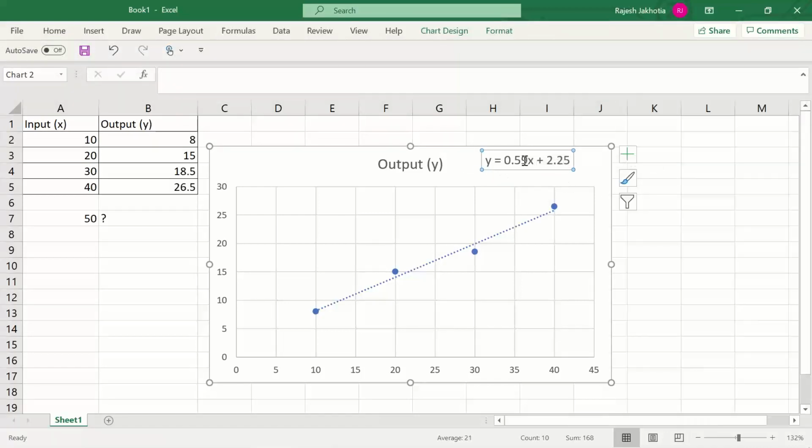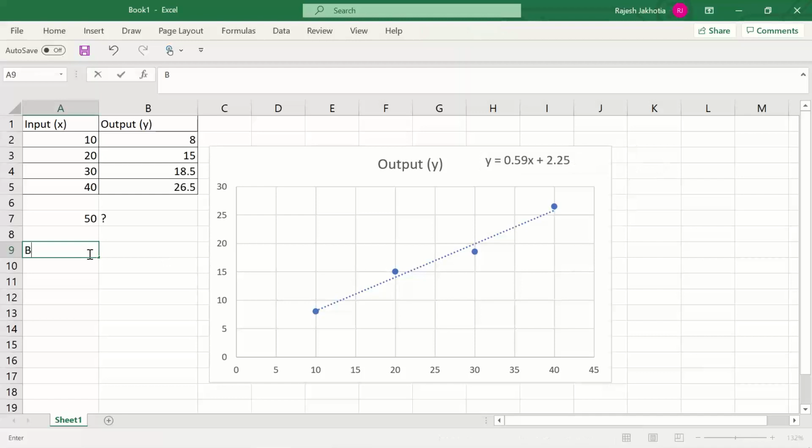Now what is this 0.59? 0.59 is called the slope. And when I read the equation, I always say y equal to alpha plus beta 1 x1. Now this x is getting multiplied by a number 0.59, which is also called beta. So the slope is 0.59, which we also call beta. So either terminology is okay. The 2.25 is actually the intercept.